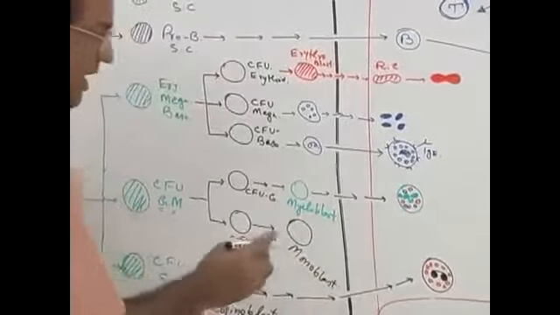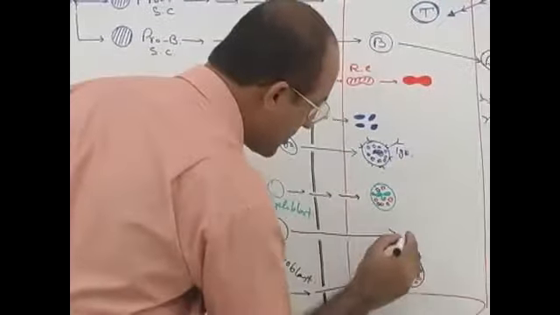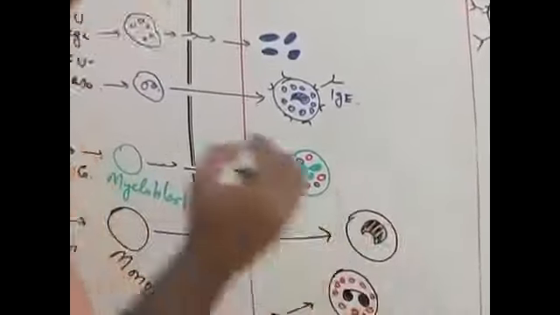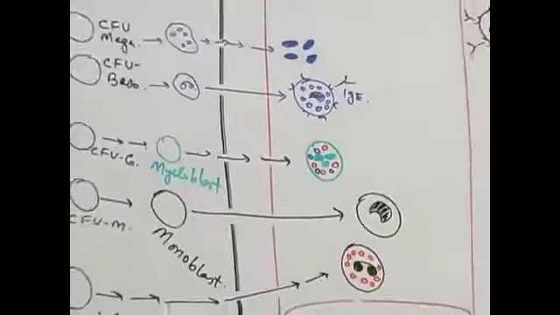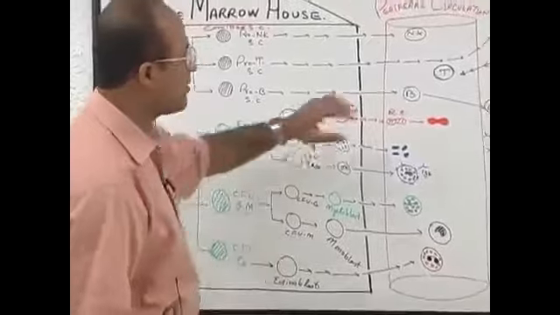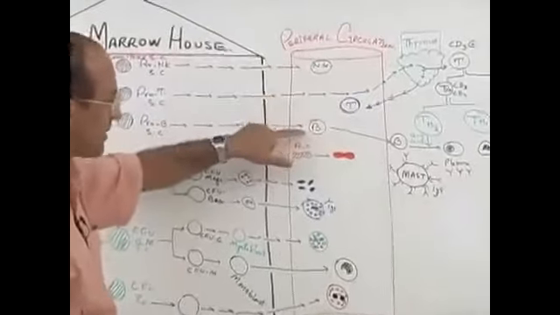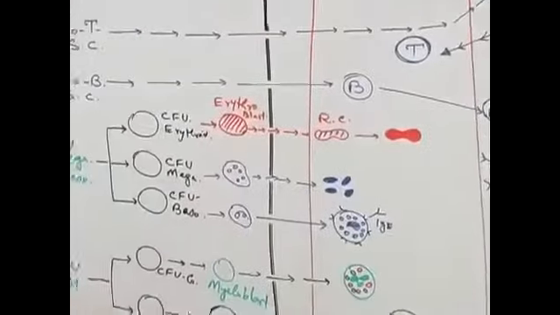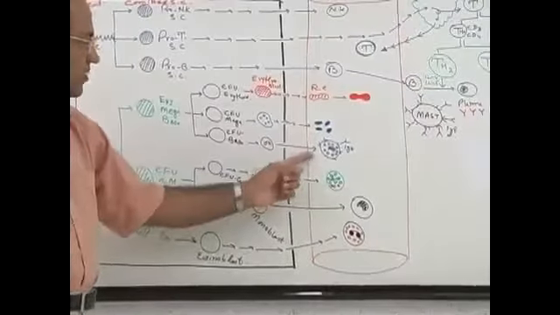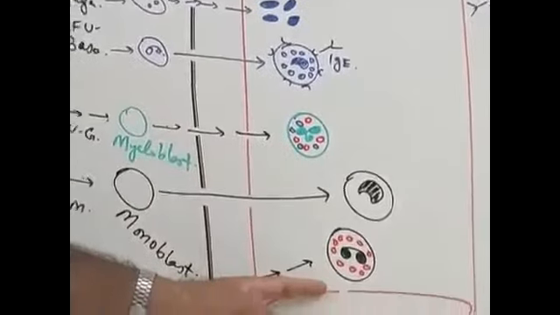Monoblast. This monoblast will eventually come into circulation as monocyte, right? Monocytes. These are monocytes. Now it means that all the blood cells are derivative of bone marrow. First of all, lymphoid cells like natural killer cells, T cells and B cells, right? Then myeloid cells. Myeloid cells are erythrocytes, platelets, basophils, which are granulocyte, neutrophils, which are granulocyte, and eosinophils, which are